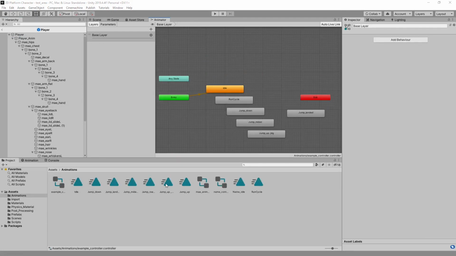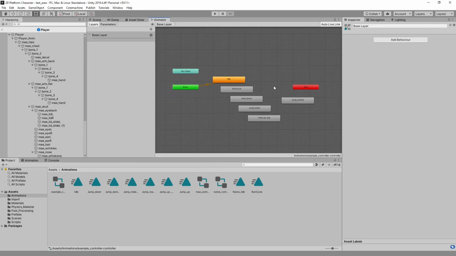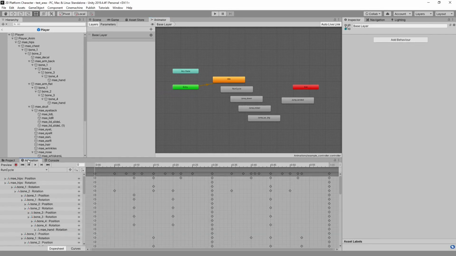All right, so I've jumped ahead to where I have all of the animations already in the Animator and have been completed in the animation window down here. You can see them in the drop down. So I just wanted to show you where we're going to stop for this assignment because the Animator itself and hooking up the logic is an entire task unto itself, and it's a pretty important one. So we're going to stop at the point where you have all of your different animation clips that we can play back so that we can look at them, but we're not going to hook up this internal logic until